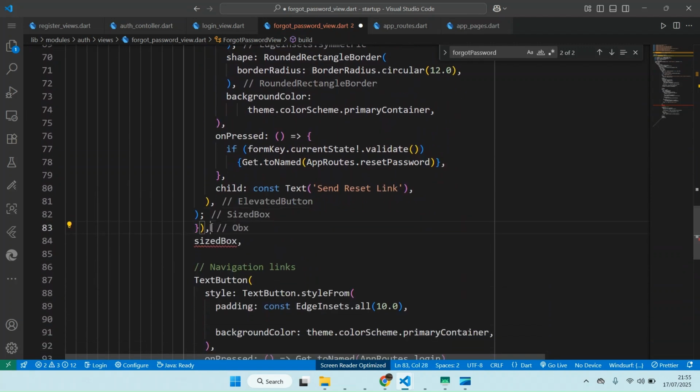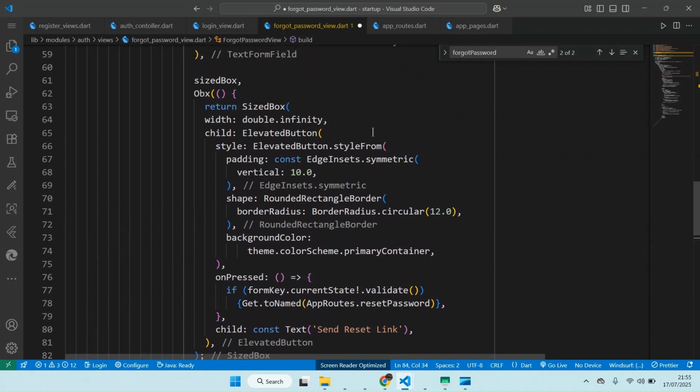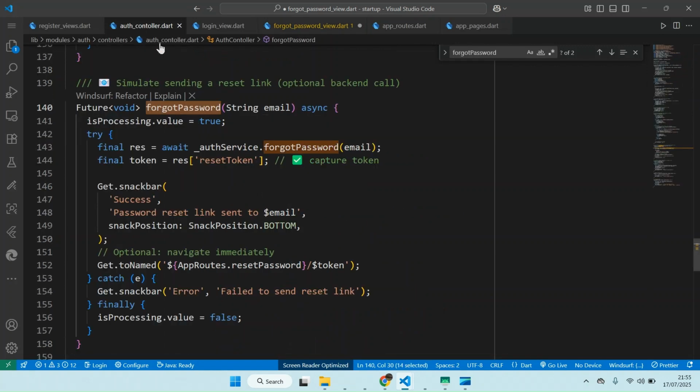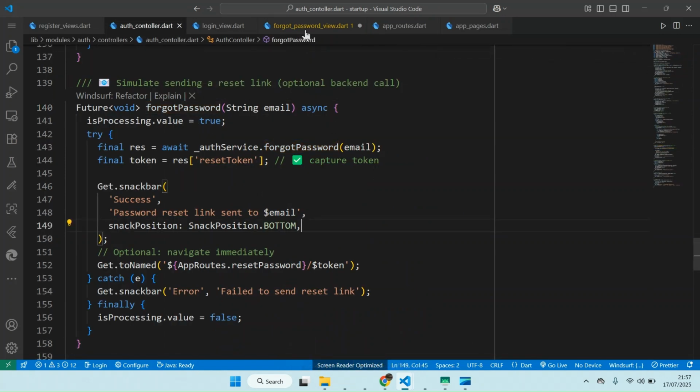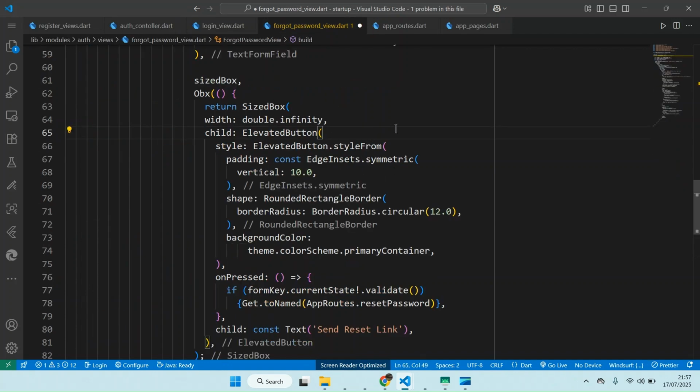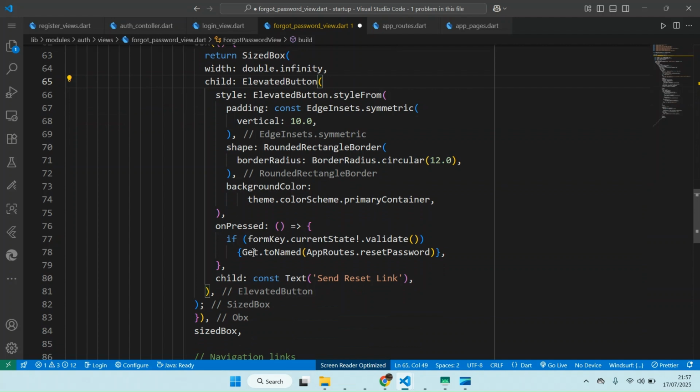And the pass this one here. Okay, so now we know we have this one. So we just have to call the forgot password method, the main goal here. This method here. So let's go and do that. Going back here, instead of navigating to reset password,